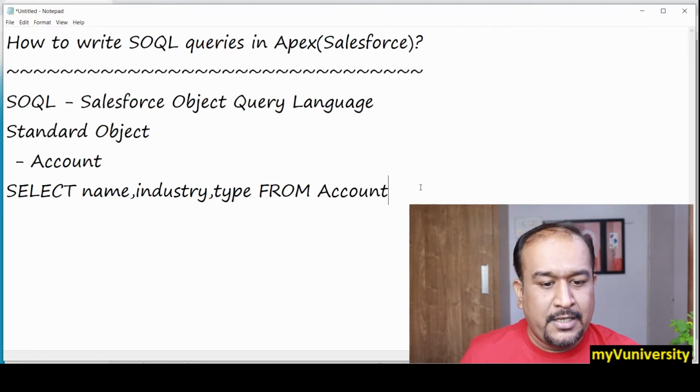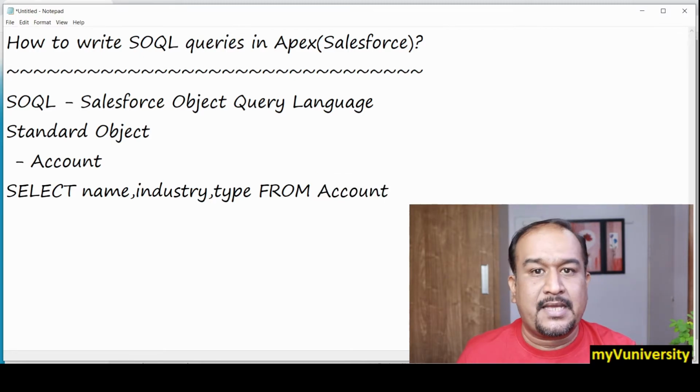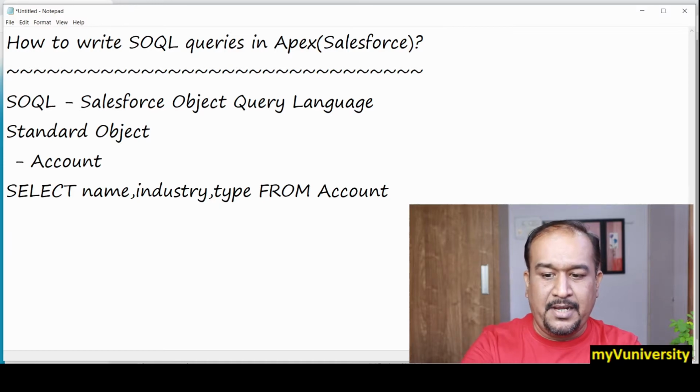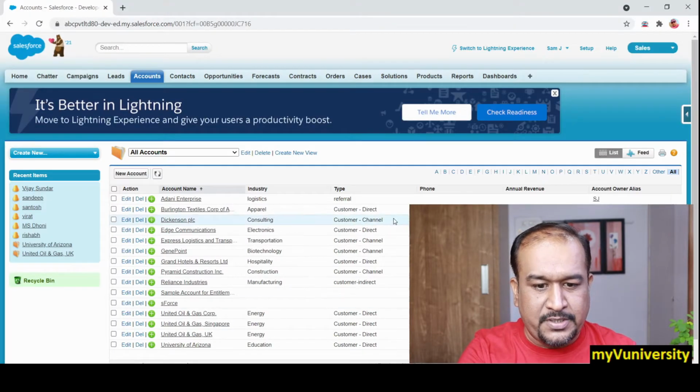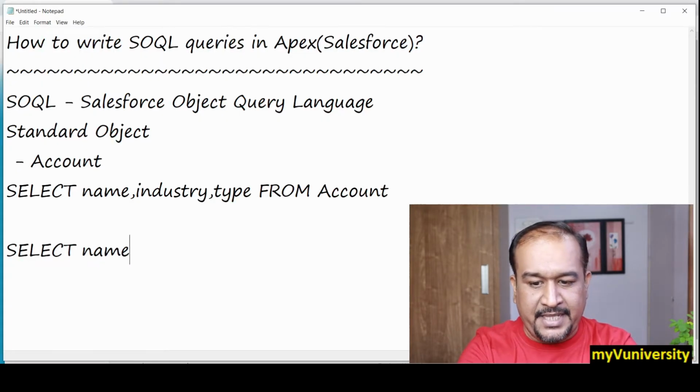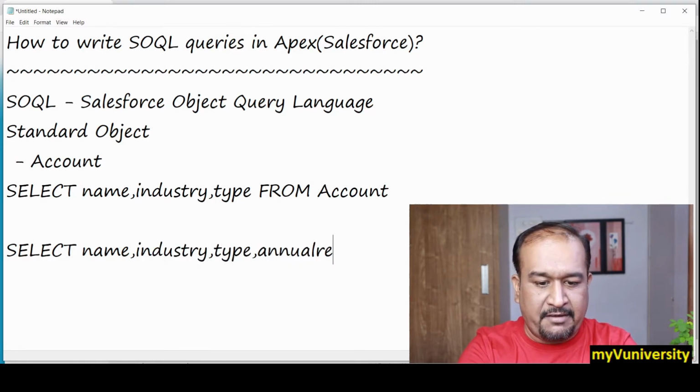In SOQL, you can use a where clause as well. So for example, if you say select name, industry, type, and let me have annual revenue also as a column, from account, and you can have a where clause.